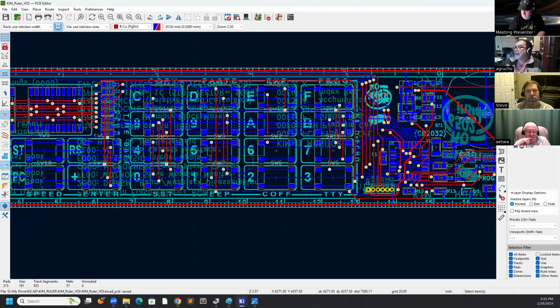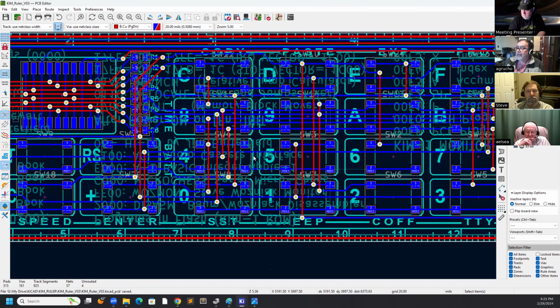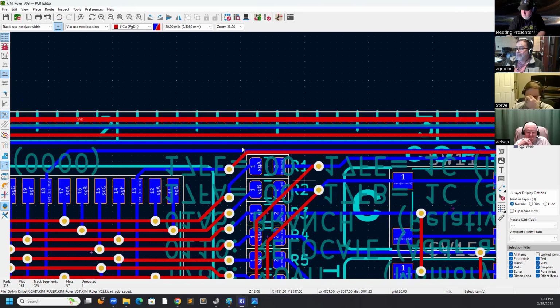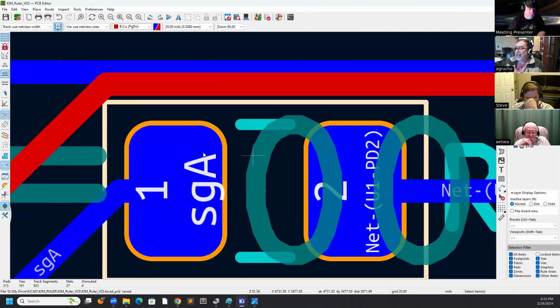So this has built-in design rule checks, basically. Yeah, it has the rule checking. You can change rules, distances, minimum distances. You can define this orange thing, which is the distance between the solder mask and the pad.